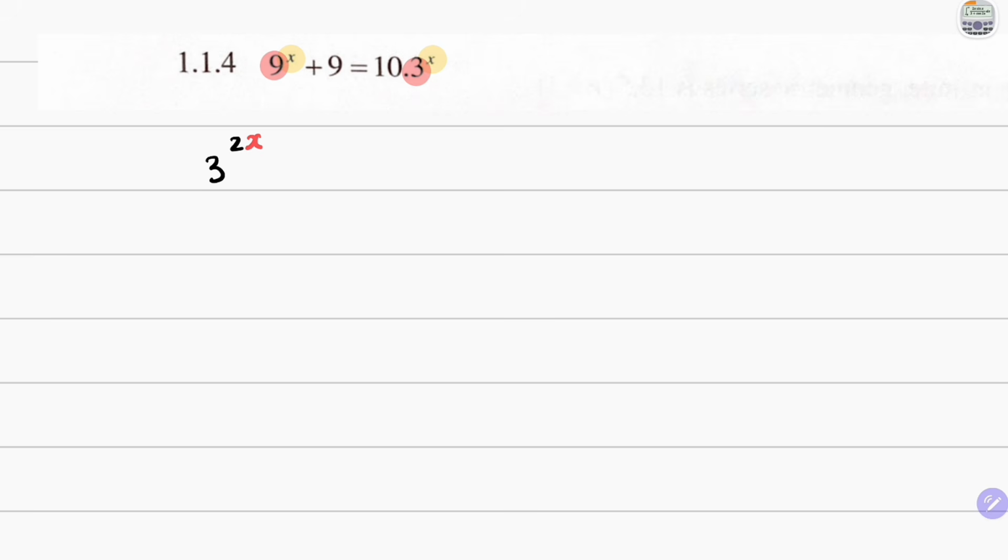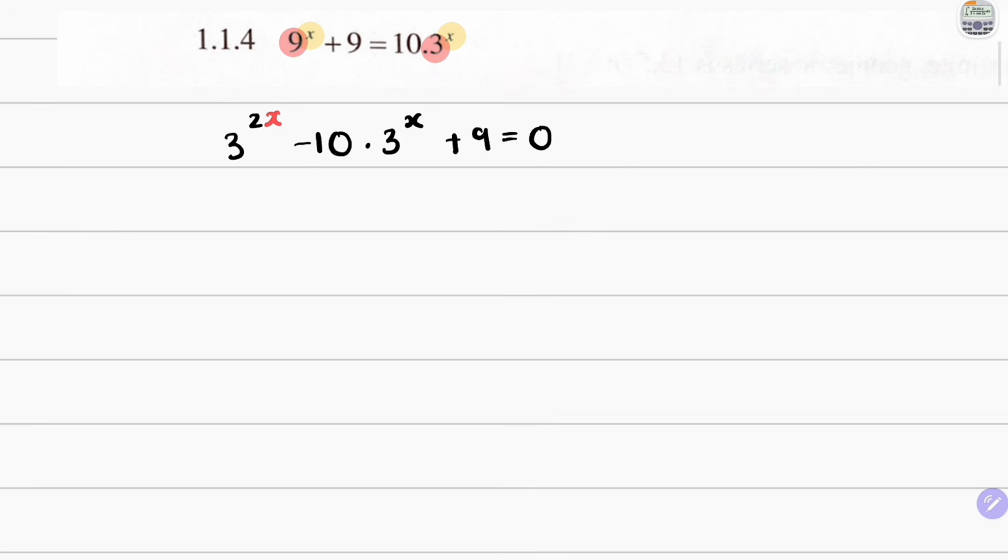So this is something that we can rewrite as a quadratic equation. So let's go ahead and transpose this. Let's take this over to the left-hand side. So we have minus 10 multiplied by 3 to the power of x, and then plus 9 is equal to 0. This is a trinomial, and we'll be able to recognize that it is a trinomial if we replace the